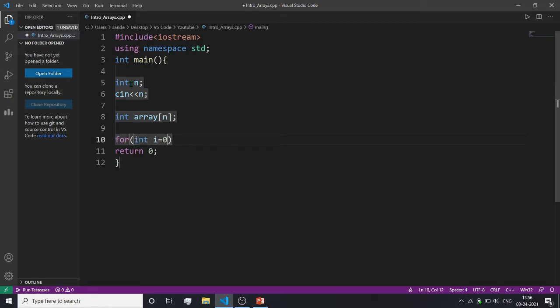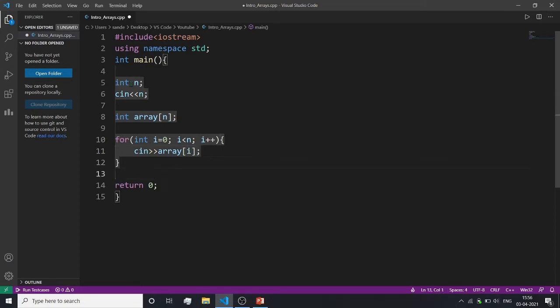So i equals 0, i plus plus, sorry, i will be less than n, because the array is from 0 to n minus 1. Then i plus plus. Okay, now what we will do, we will take the input for every element. So array of i, it will go from 0 to n minus 1.